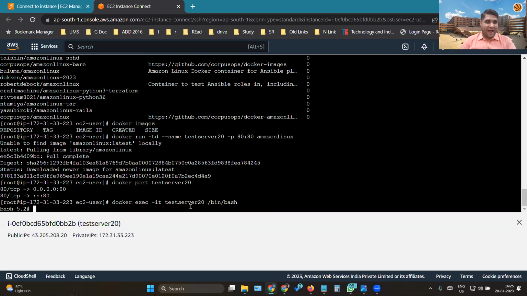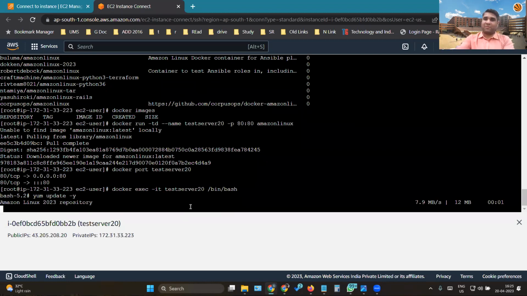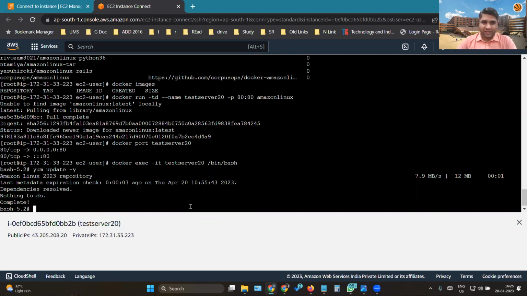Now this bin bash is where I'm entering into the root of execution, where we'll install the Apache server, and then we'll go to that public IP and check whether my services are running or not, whether I'm able to access the website which I want to create or not. Again, we'll update it first. We'll check whether the update is there or not. Some updates are needed. It is updating those repositories. It will take a few seconds. It's complete. All the update is there.